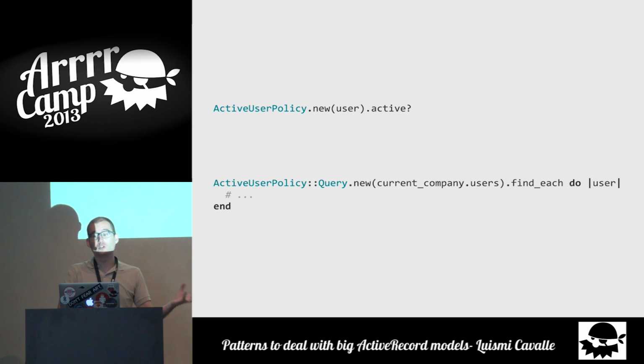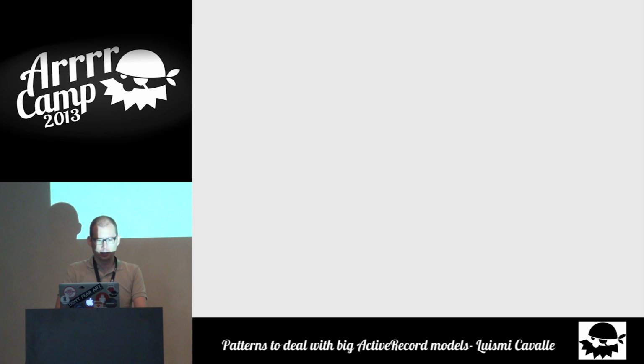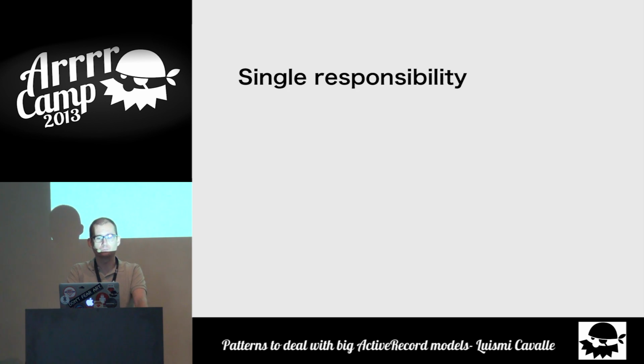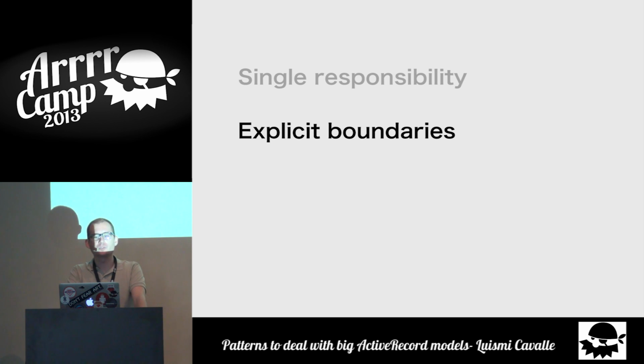And this is how we would get all the users in the current company that are active. We initialize the query with the users of the current company, and then we just iterate. The nice thing about this implementation is that we have a very cohesive object, the active user policy, that encapsulates one single business rule. Also, with responsibility objects, the boundaries are clearly defined, and that means that one responsibility object won't be able to access the state of another one, and because of the same reasons, naming conflicts won't